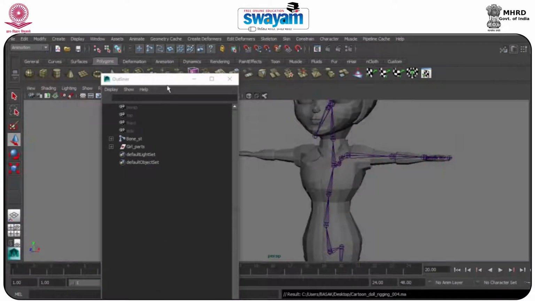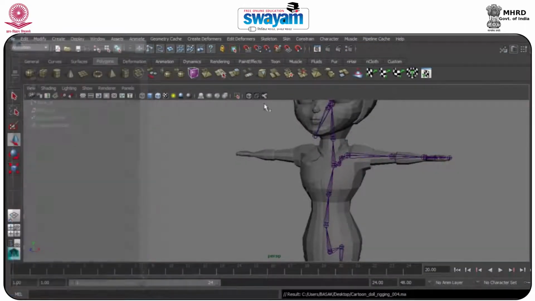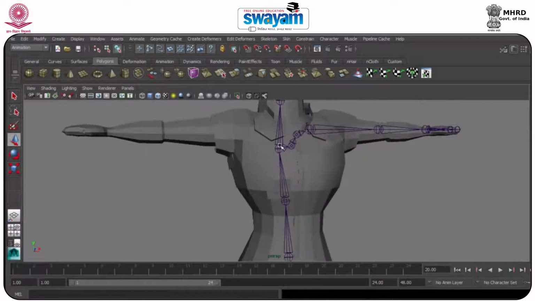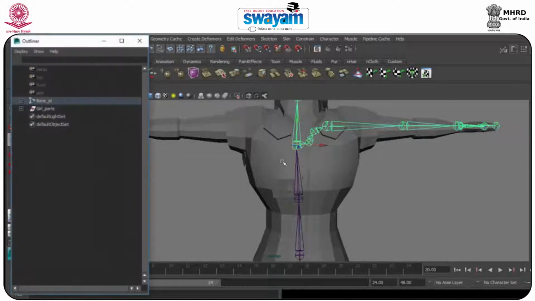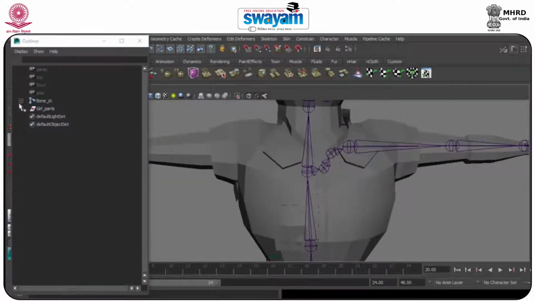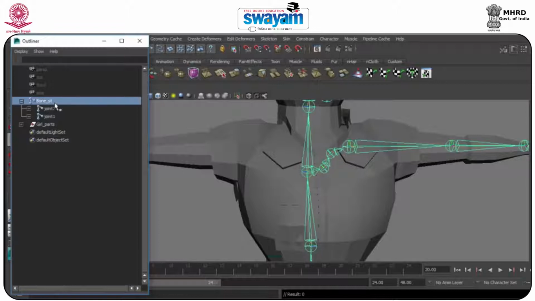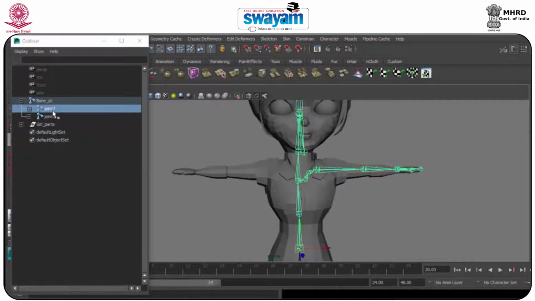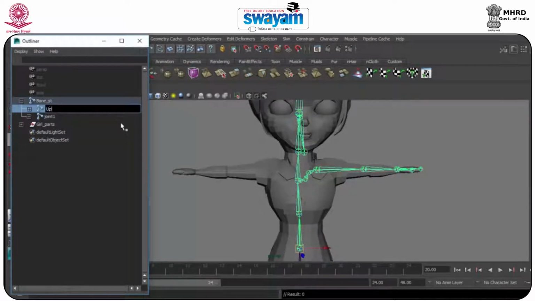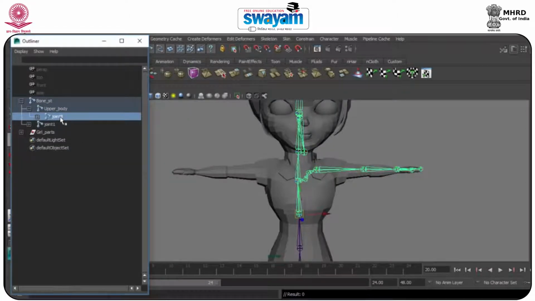Okay, now what I will do is select one by one and rename it. So we have to go to our outliner again and select one by one. Just select this bone, and this bone has been selected, and now this joint. So this is the upper underscore body. After that, when you open it, this is the sp underscore 1.